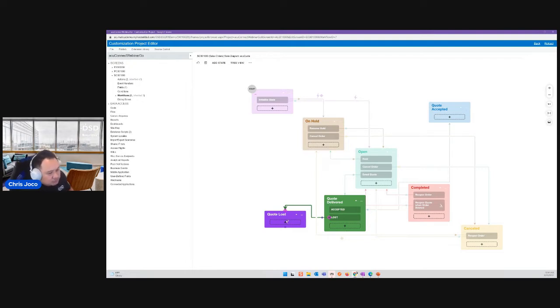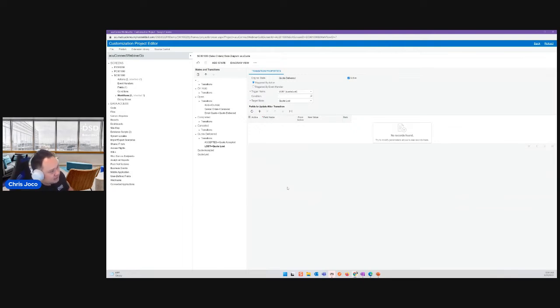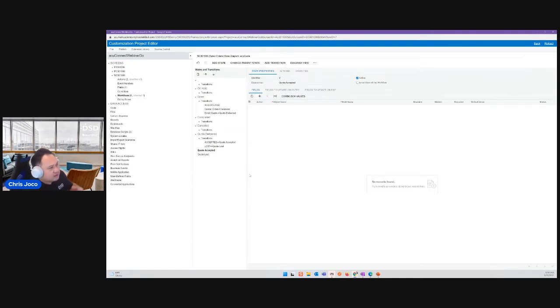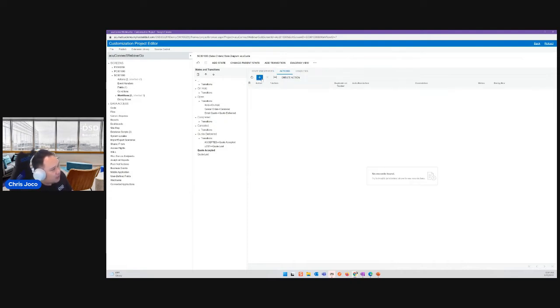Now, what do we want to do when the state is lost? So I'm going to save where I'm at, and I want to do some more connectors here. If I'm looking at the quote accepted, I want some actions to be available. So we know in the standard workflow of Acumatica sales order quotes that we copy orders to a regular order. So on the actions under my quote accepted, I want to add an existing action that is available, which is the copy order. And so we're going to copy order quote over here